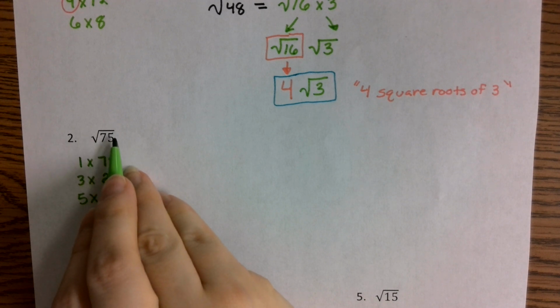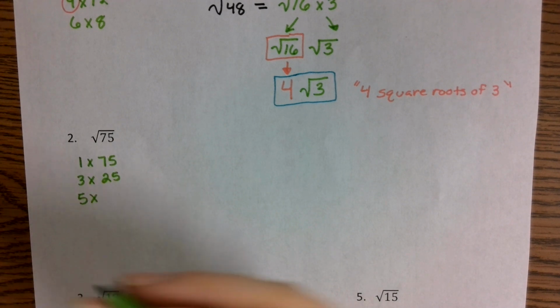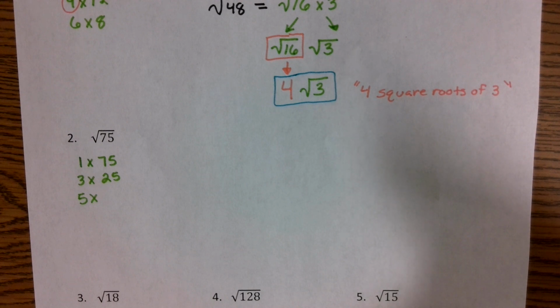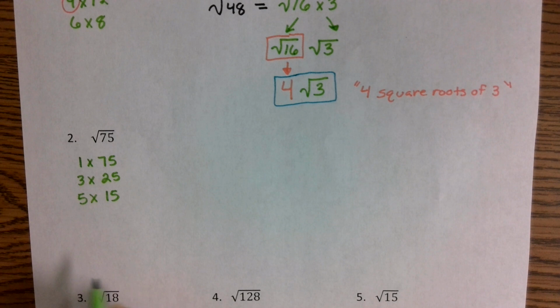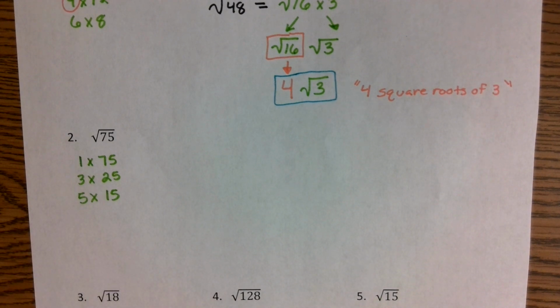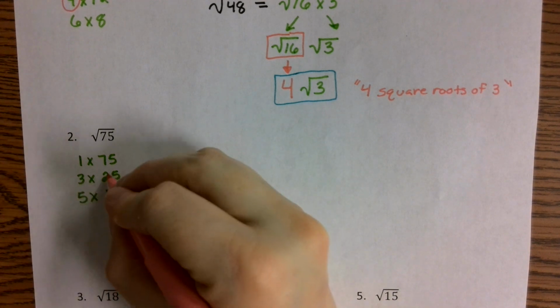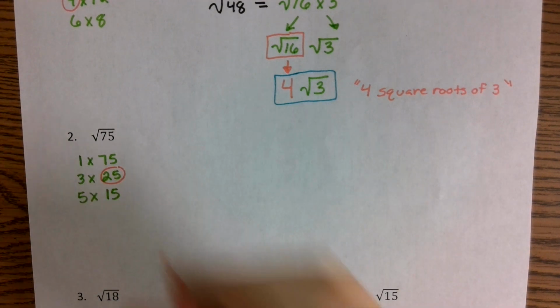If any number ends in a 5, it means it's divisible by 5, and it's 5 times 15. Okay, so these are our factors for 75. Which one happens to be our largest perfect square? 25. So the 25 happens to be our largest